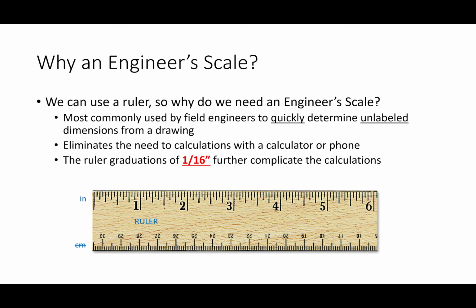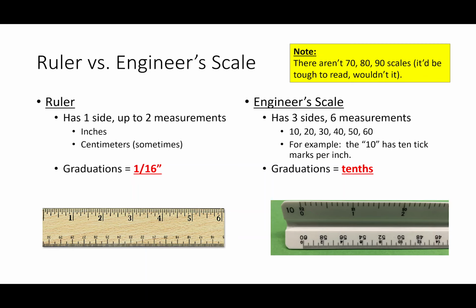scaling distances. Okay, so to make the point just on the geometry, a ruler only has one set of graduations, typically to a 16th of an inch, usually not more, okay? Whereas an engineer scale has 6 sides, and each of those sides lists graduations that are essentially in tenths. So for example, if you look at the 20 scale, it says 0, 1, 2, 3, 4. In between each of those numbers, there are 10 tick marks per graduation, okay? Now there's a 10, 20, 30, 40, 50, and 60, but there isn't anything beyond that.